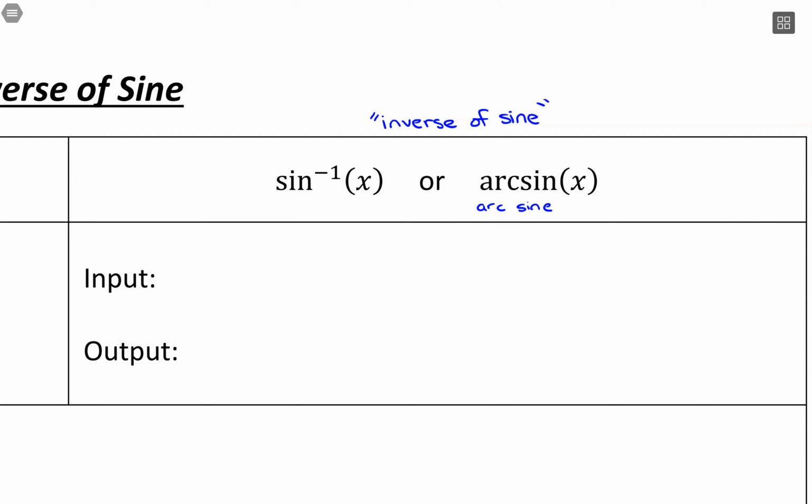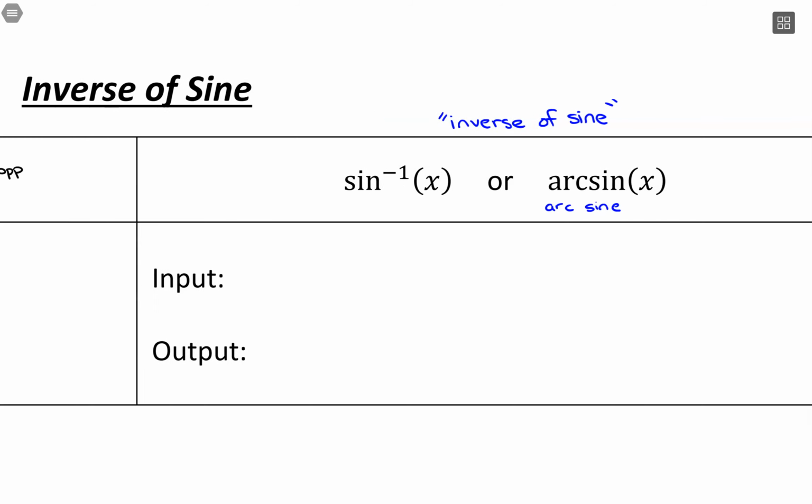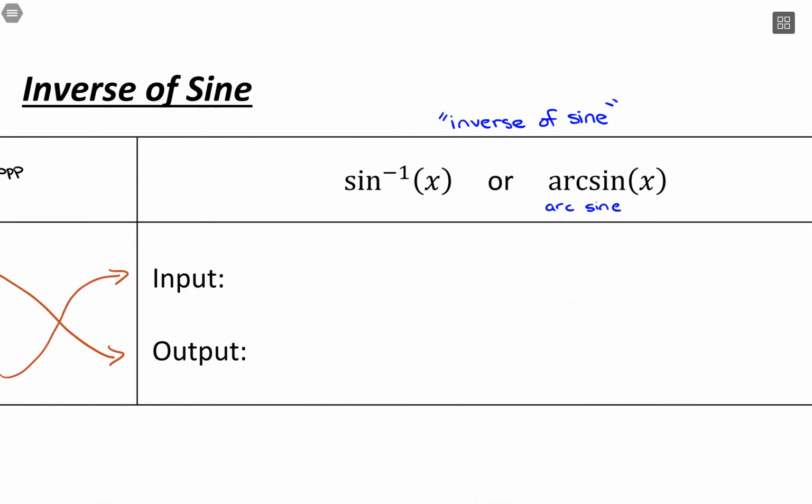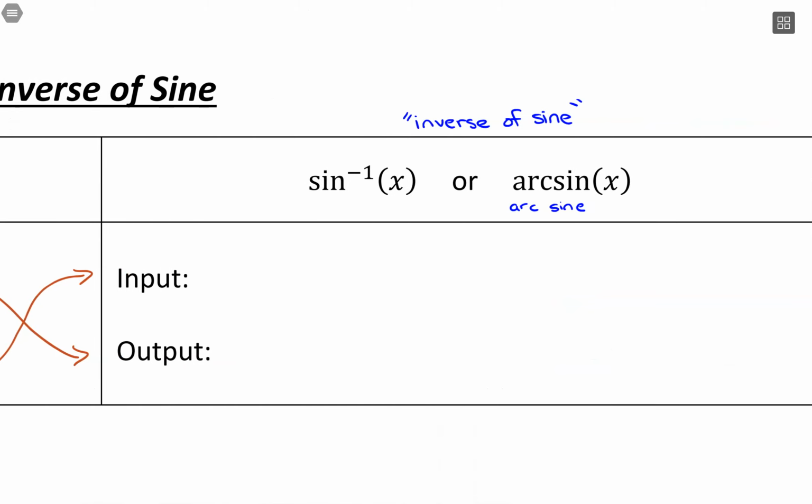This operates differently than just sine of x. So you'll see both of these notations as we go through our work. So making that inverse function, what's going to switch are the input values and the output values. So how this function is going to operate is the input for the function is going to be the y-coordinate